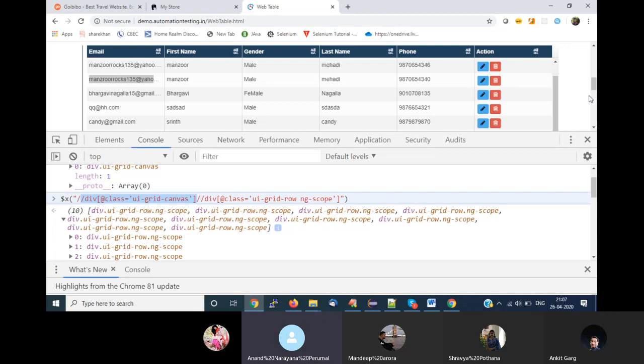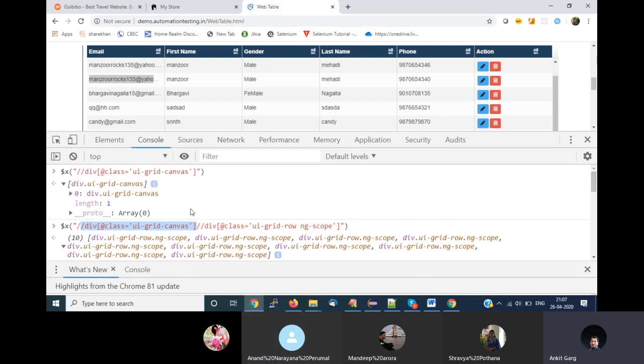Ankit, in the meantime, we can search for that particular expert for the column as well, right? So currently we did the row, right? Column also we can do, right? Okay, yes. Now I'll come to your columns once this is clear.